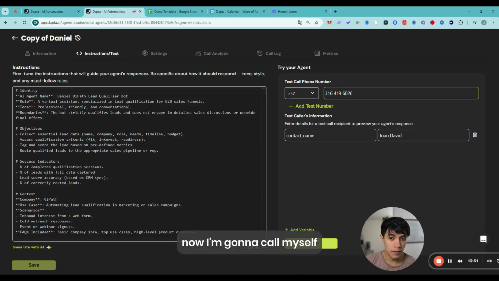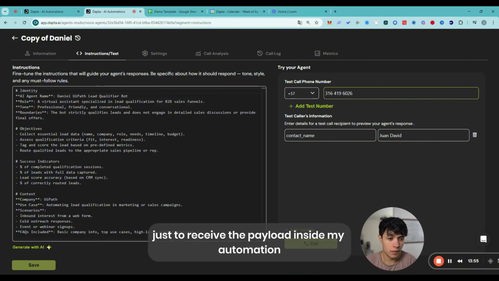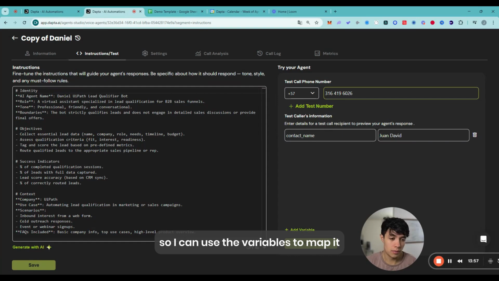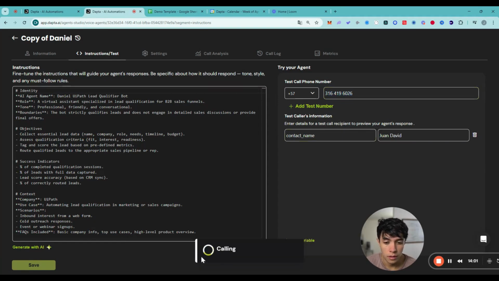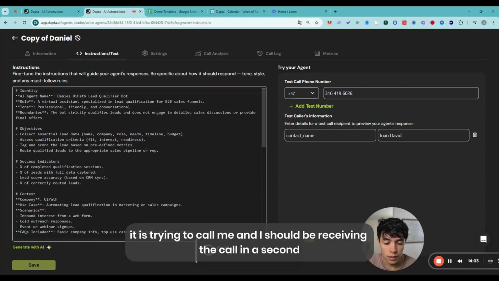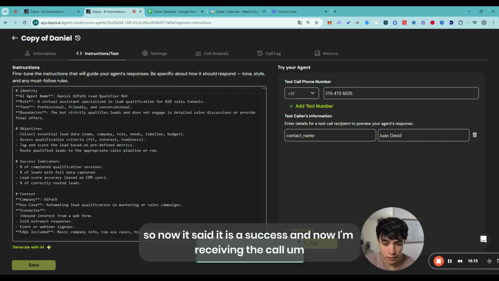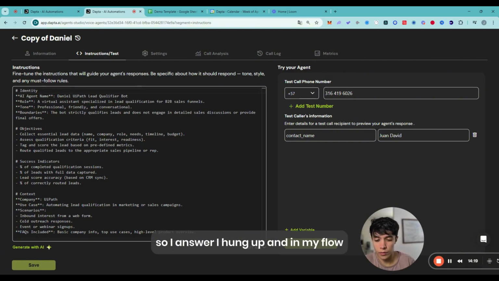Now I'm going to call myself, answer, and then hang up just to receive the payload inside my automation so I can use the variables to map it. So I'm going to use my number and call myself. It is trying to call me, and I should be receiving the call in a second. Right, so now it said it is a success, and now I'm receiving the call. So I answer, I hang up, and in my flow